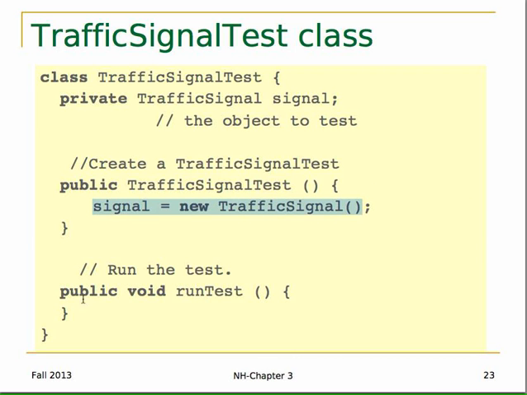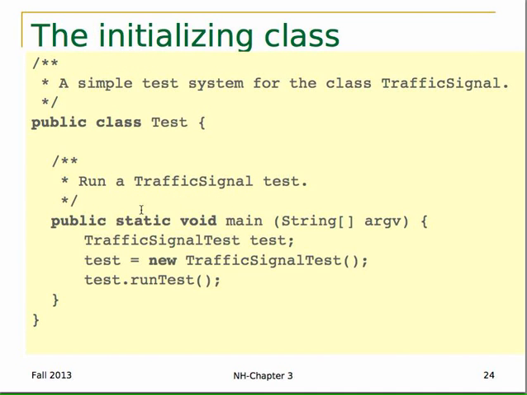And then finally we have the test. So right now it's empty, but this is what it should look like. You just have a public void, it's a command method, and then all it does is have a bunch of code that tests this signal object, which is a traffic signal object. Okay, so